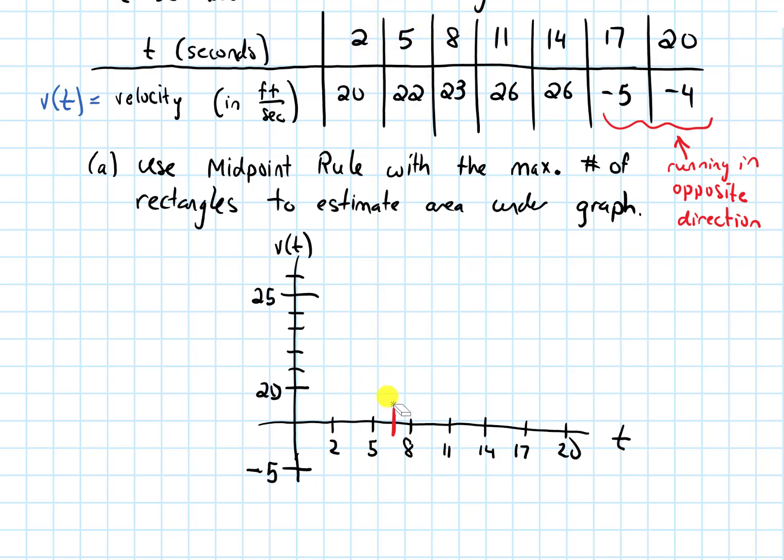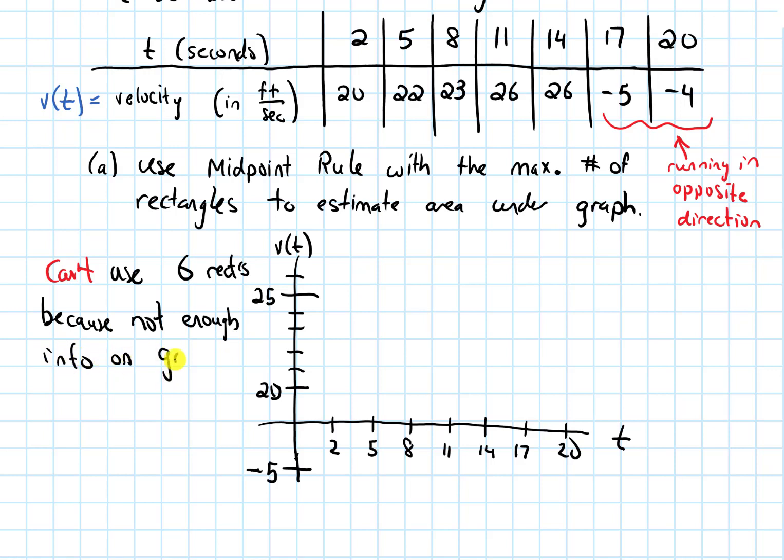So because of that, we can't use 6 rectangles because there's not enough info on the graph. But we can use